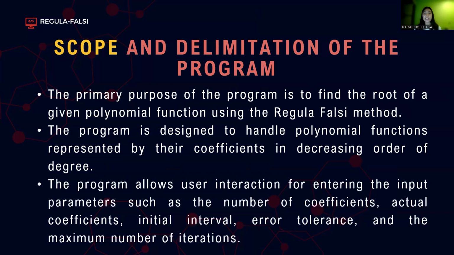The third one is the user interaction. The program allows user interaction for entering the input parameters such as the number of coefficients, the actual coefficients, and then the initial interval, the A and the B, the error tolerance, and the maximum number of iterations. It prompts the user to decide whether to run the program again. This part, I'm going to show you later in the program, if you want to start a new one again